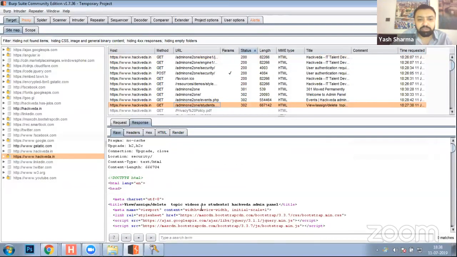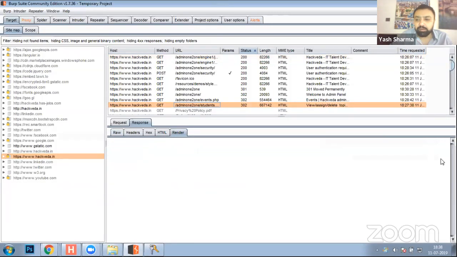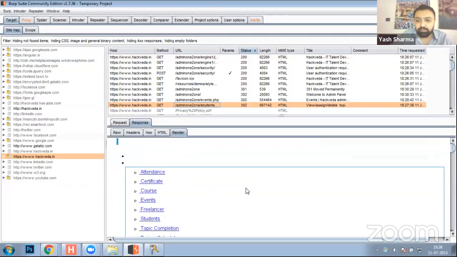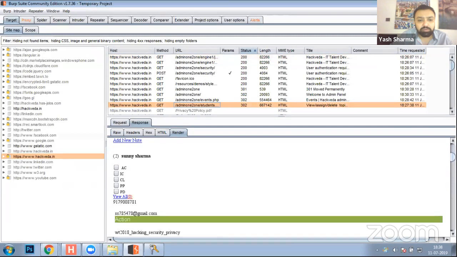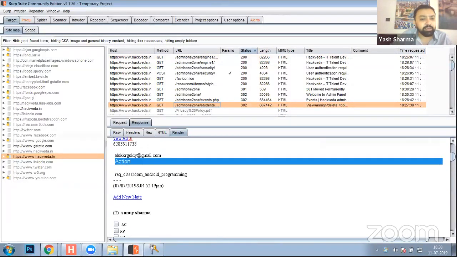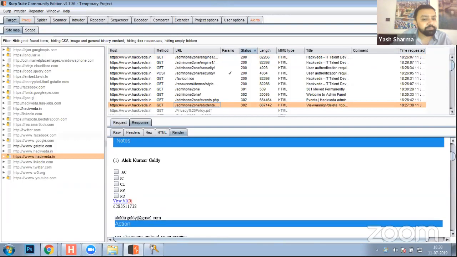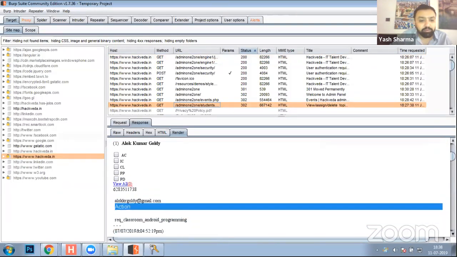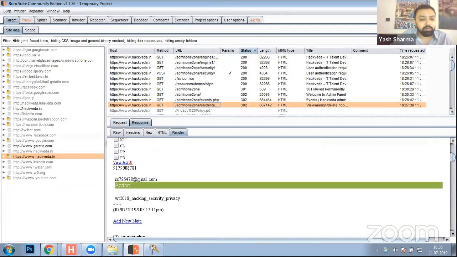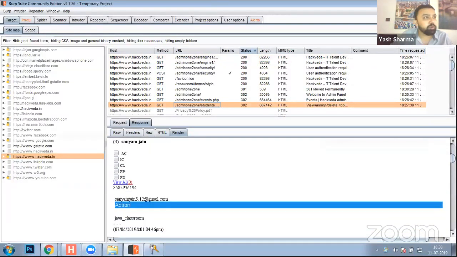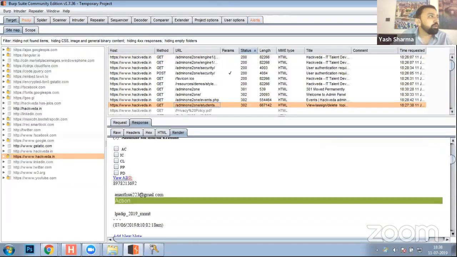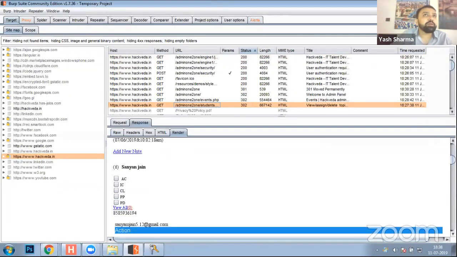ठीक है, यहाँ पे स्टूडेंट्स का पेज आ रहा है, रेंडर पे क्लिक करोगे तो जो मैंने तुम्हें दिखाया था ऑलरेडी डेटा, अगर इसको स्क्रॉल करके नीचे जाओ तो देखो सिलेक्ट कोर्स, और वो सारे स्टूडेंट्स जो तुमने लॉगिन करके देखे थे तुम्हें यहीं पे दिख रहे हैं। आलोक कुमार गोल्डी with the name, number, and other information, Anuj Pandey, what course, what information। ठीक है, so instead आपको पासवर्ड की भी जरूरत नहीं पड़ी, लेकिन ड्यू टू बैड